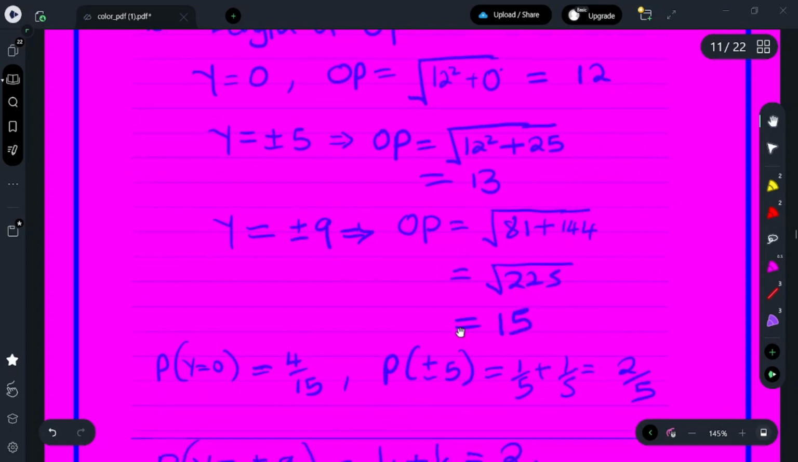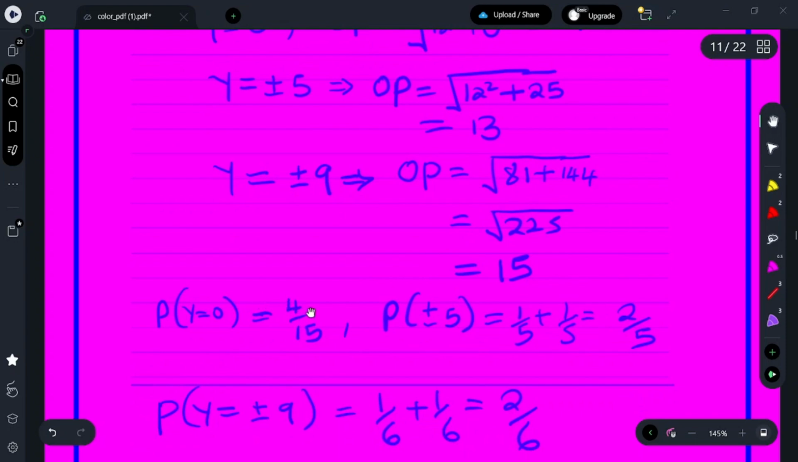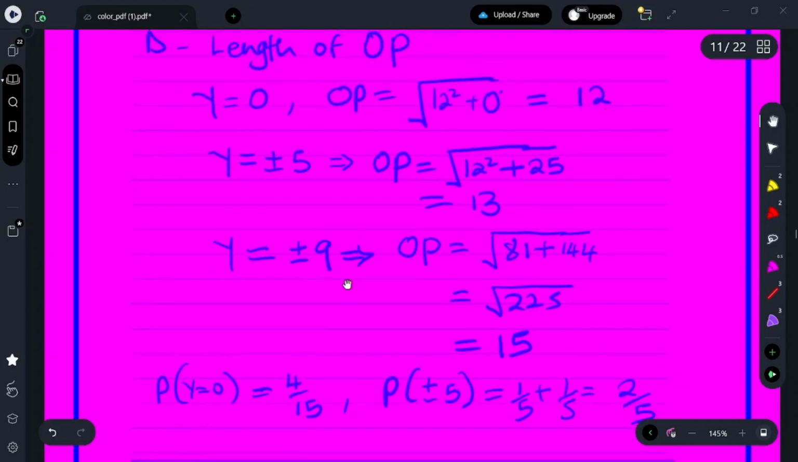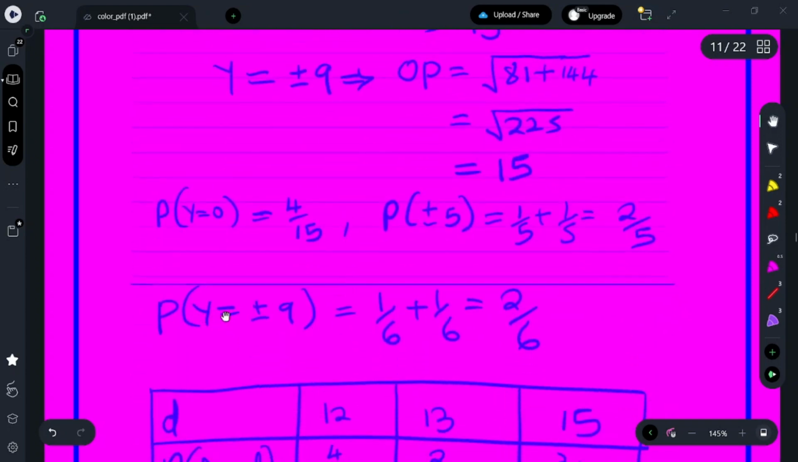Therefore, the probability for y equals 0, we already had it, which was 4 over 15. Probability for y being plus or minus 5, which is 1 over 5 plus 1 over 5 gives us 2 over 5, and that gives us the probability for D being equal to 13. The 4 over 15 gives us the probability for D being equal to 12, and the probability for y being plus or minus 9, which is 1 over 6 plus 1 over 6 gives us 2 over 6,